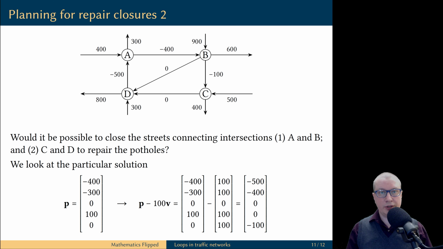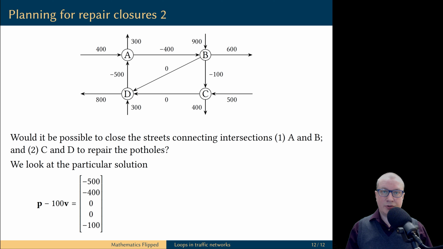This achieves one of our two desired goals. We made x4 equal to 0. But x2 is not yet equal to 0. It is equal to negative 400. To make the traffic from A to B equal to 0, we need to add the traffic of 400 to this branch. But then again, adding traffic to only one single branch might violate the balance of the entire network, and to keep the balance, we need to add the same traffic to one whole loop.